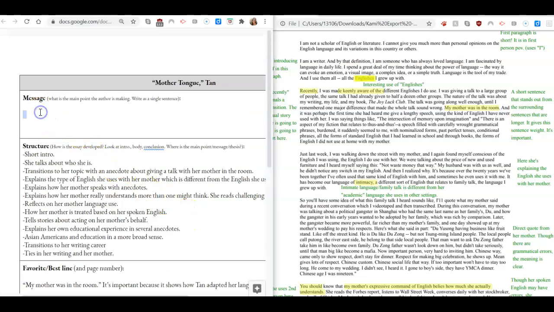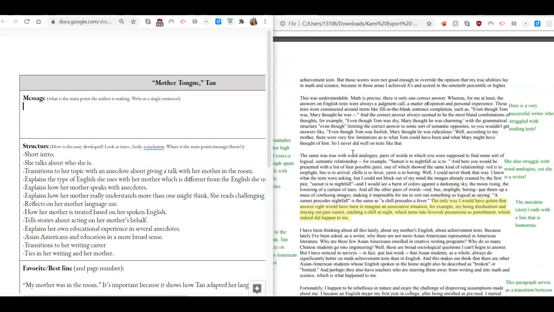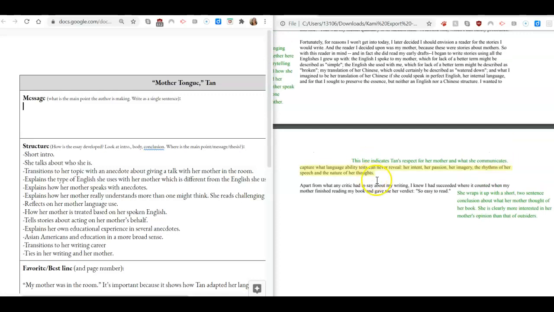Okay, so then we come back to what is the message. So I'm going to ask you about the messages about articles that we read quite a lot, and know that there's not always one right answer to this. So you will be asked to support your claim for why you think a message is what it is, but there's usually several good responses. So I think there's a couple messages at work here, and a lot of times with the essays we're reading for this class, we're going to look to the end of the essay to find what the thesis is or what the point is. So I think one of her comments here is that